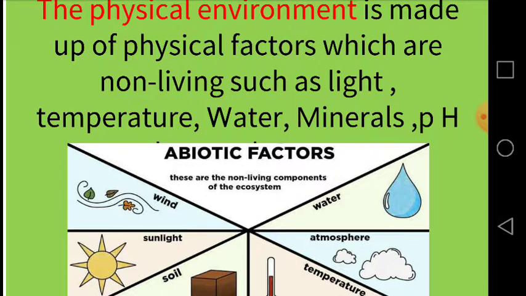So temperature controls the process of reproduction also in some plants. Some plants will not develop seeds unless they are subjected to a certain temperature for a period of time. So this explains why some fruits and flowers are seasonal. So now students, you can understand the importance of temperature.